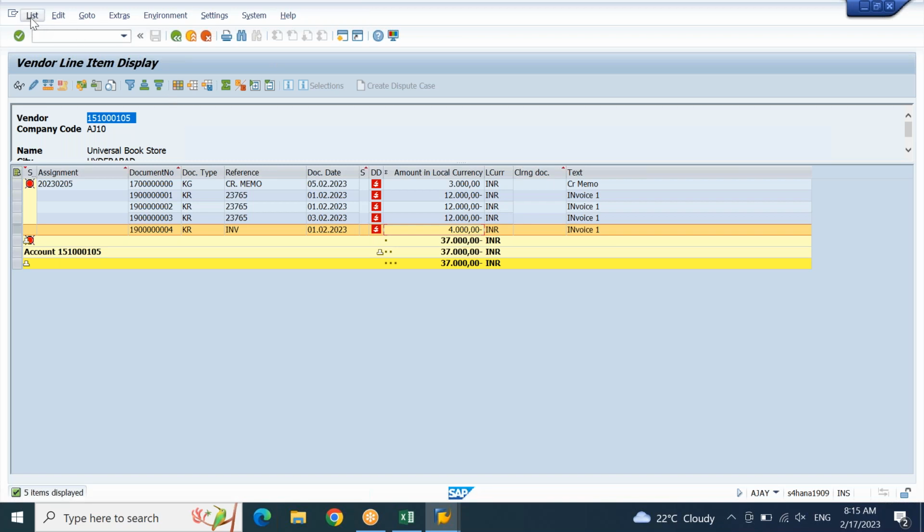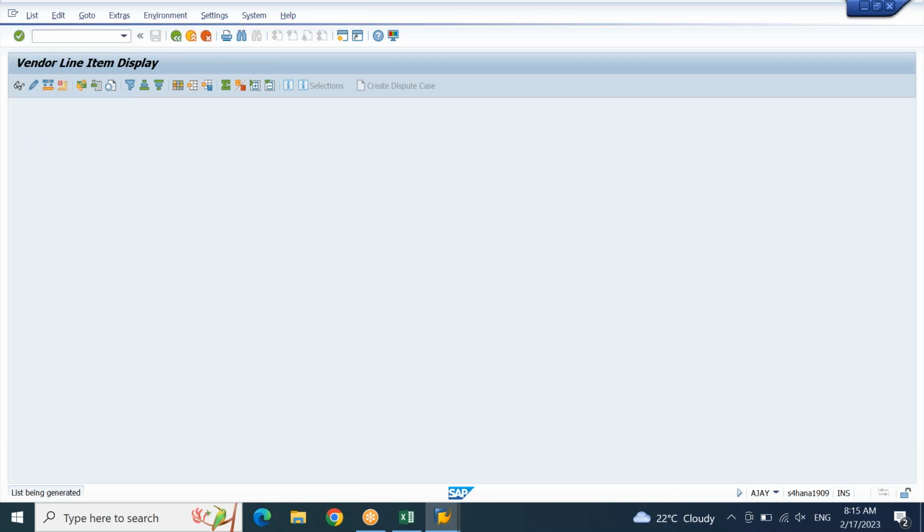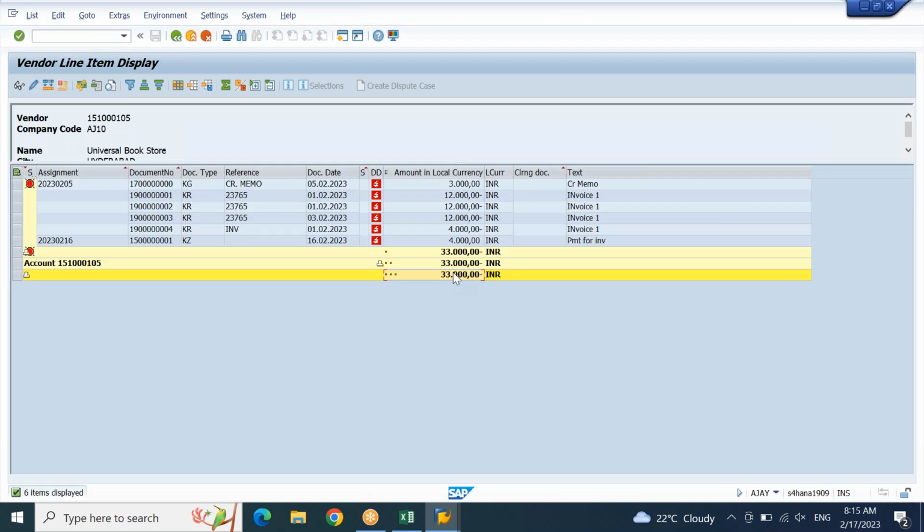Now let me go to list, refresh the report. If I refresh the report, your vendor account balance is properly showing 33,000. It is correct. But if you look at your vendor invoice, this is still showing as open. Your payment is also showing as open. Yes, sir. Your invoice is showing open. Your payment is also showing open, which means,